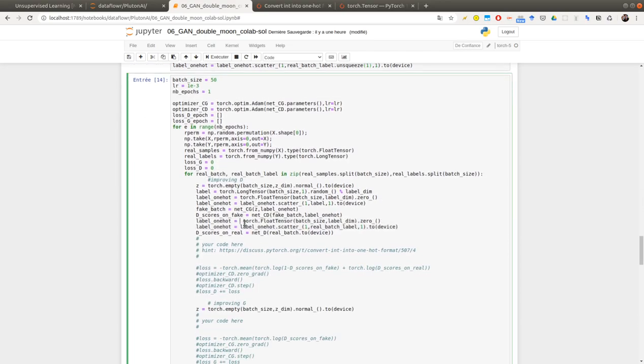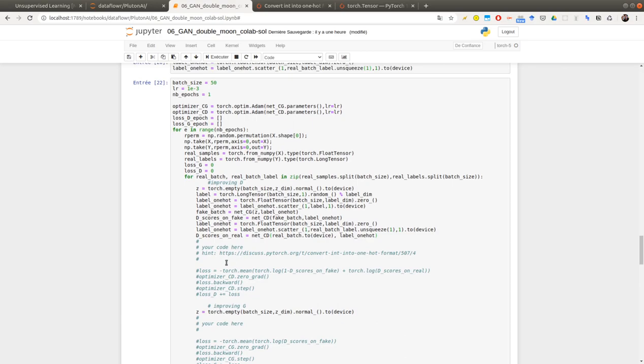So let's change this. And squeeze one. So I'm adding a dummy dimension. Now here I'm using conditional GAN discriminator and label one hot. So this should work.